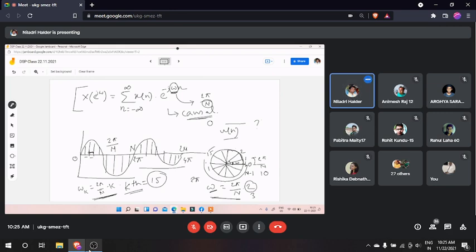that ω. Now the matter is that you are not going to calculate ω for a single step. You are going to calculate for a range that you don't know. If that range is k, meaning you are trying to calculate ω for the 15th sample, then you will consider k equal to 15. Then the ω value will be 2π/N into 15, because for the second sample the range is 2π/N plus 2π/N, or 2π/N into 2. For the third sample, 2π/N into 3. So if you are trying to calculate the kth sample, then it is 2π/N times k.